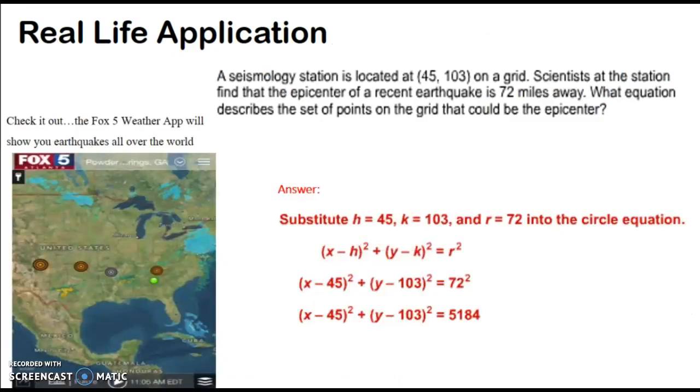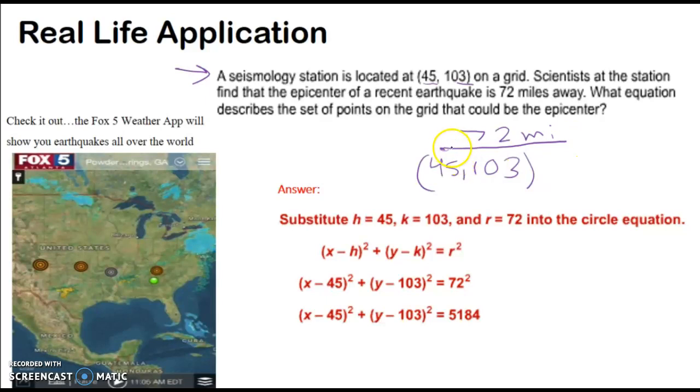Here's a really cool real-life application of the center of a circle. There's a seismology station, located at, we'll say, (45, 103) on the grid. Scientists at the station find that the epicenter of a recent earthquake was 72 miles away. So from the location of the station, we know the epicenter was 72 miles away in some direction, but we don't know the direction. It asks, what equation describes the set of points on the grid that could be the epicenter? Well, that's all the points that are 72 miles away